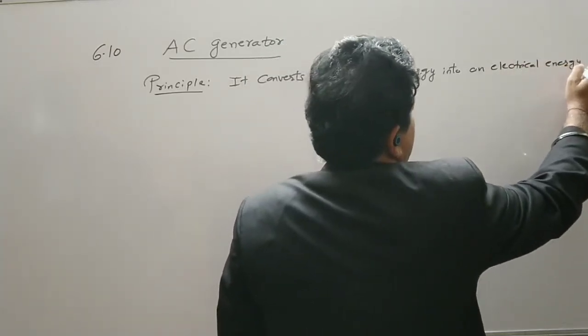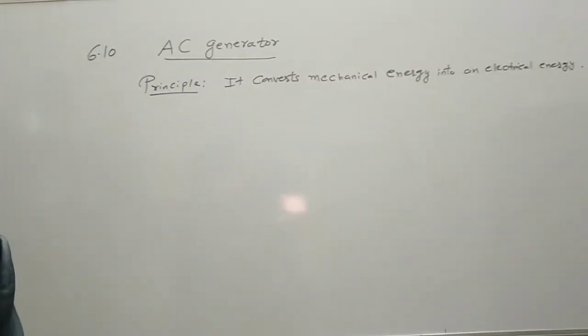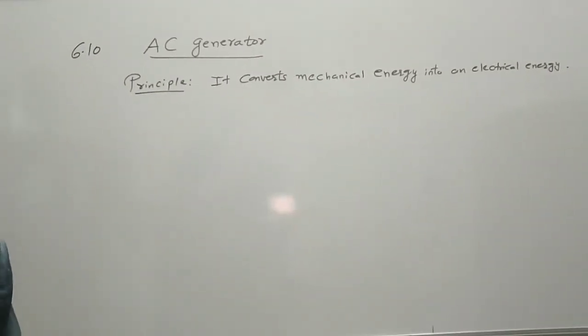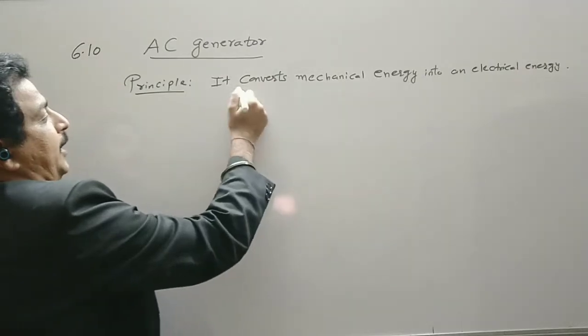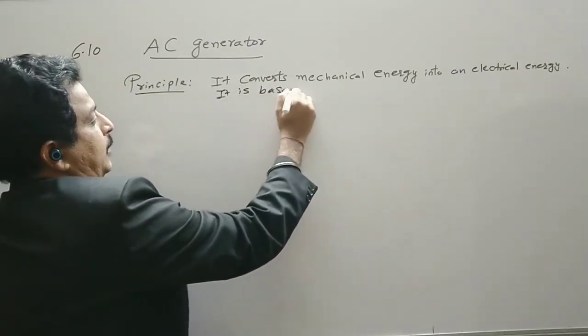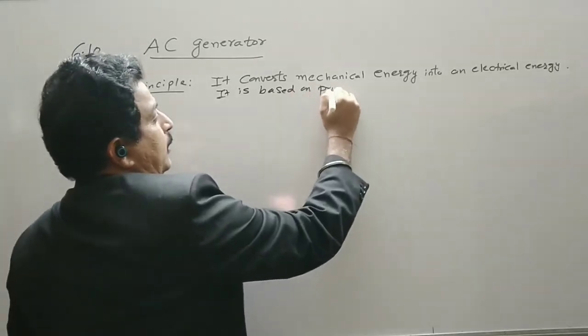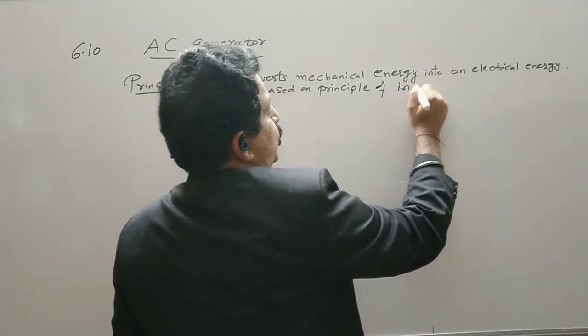So a device which will convert a mechanical energy into an electrical energy is called AC generator. So it converts mechanical energy into an electrical energy. It is based on the principle of induced EMF,